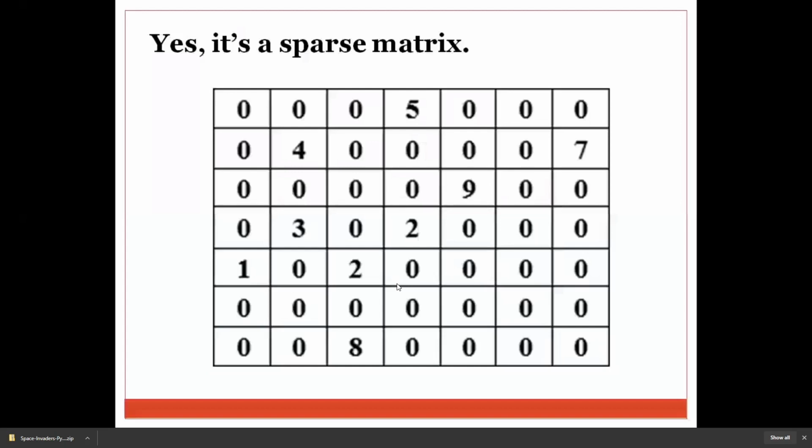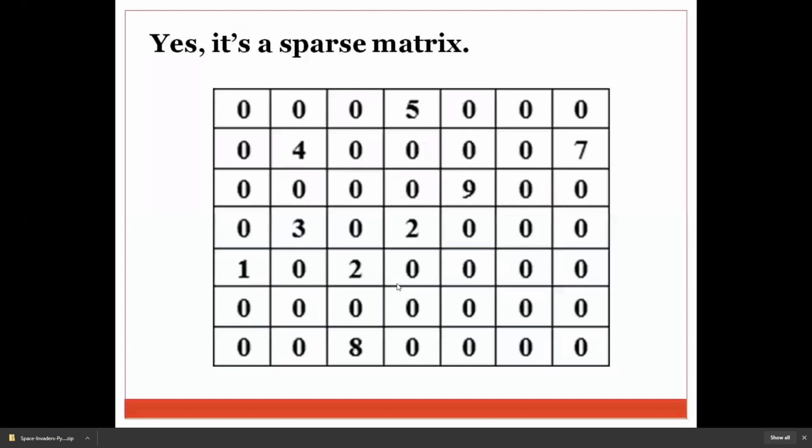Now, if you have a sparse matrix and you are storing the value 0 in the matrix, if there is a 0, why should I waste space for storing that element? I could manage my memory in such a way that I only store the information where non-zero elements are present.